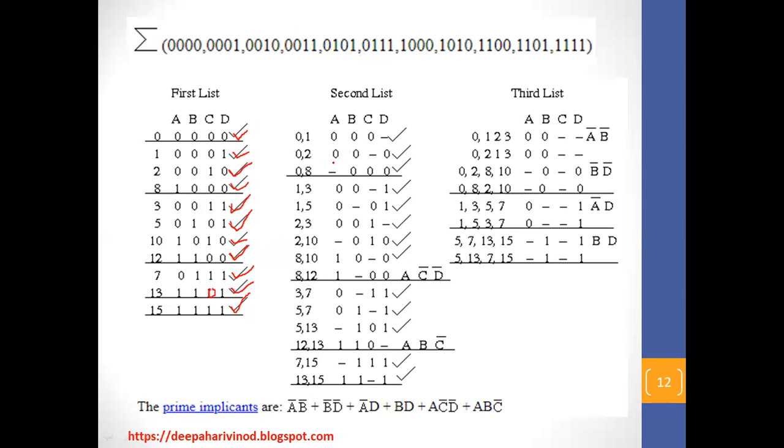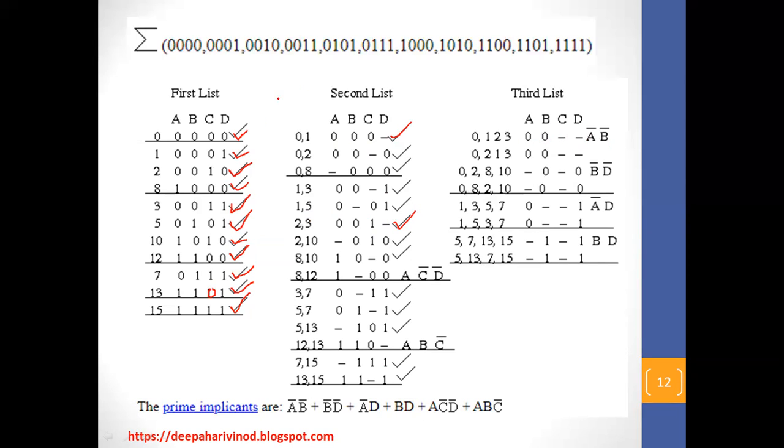Now we need to compare each. Again 0 1 with 1 3, 0 1 with 1 5. In that way we need to check 0 1 with 1 3. You cannot compare 0 1 with 1 5. 1 5 also cannot be compared. Again 2 3. Yeah, you can notice this bit change over 2 3. So put a tick mark 0 1 with 2 3 and note down the next combination, that is 0 0